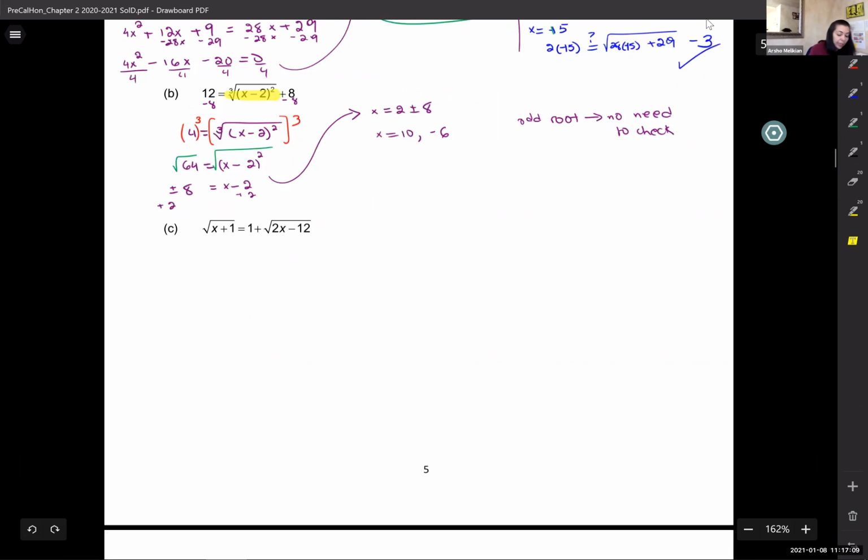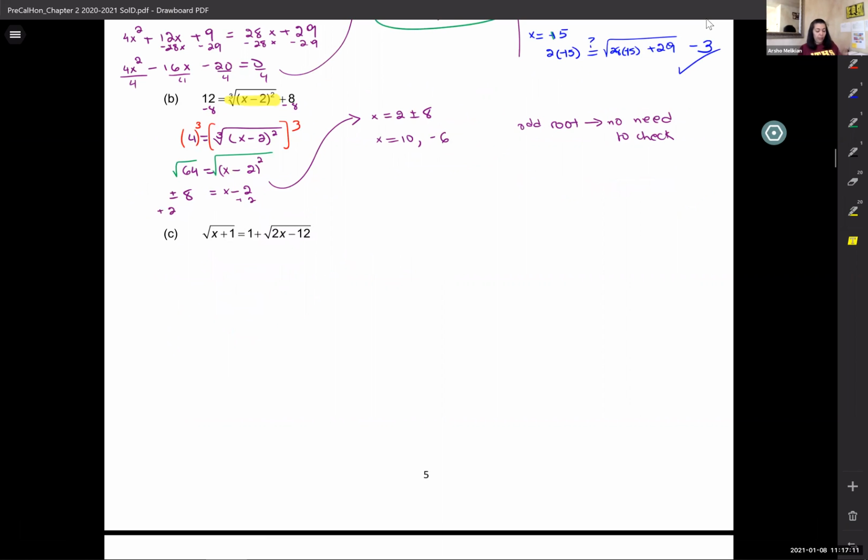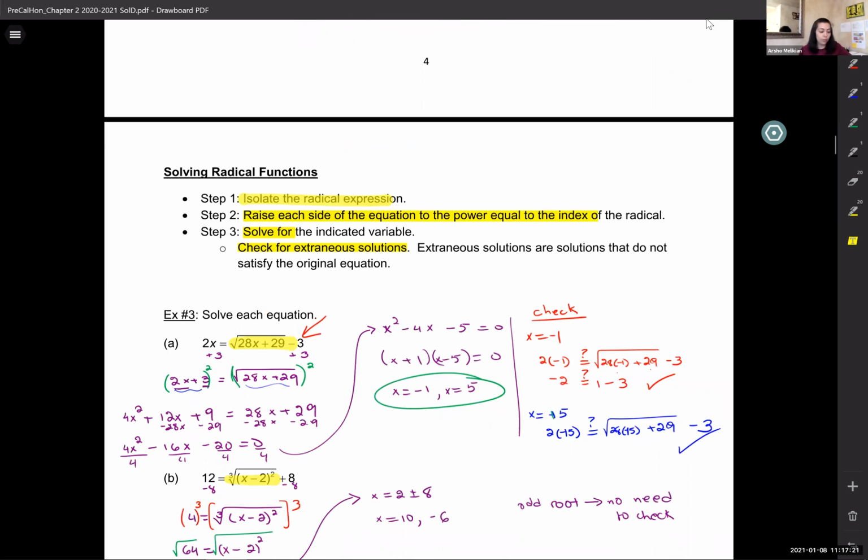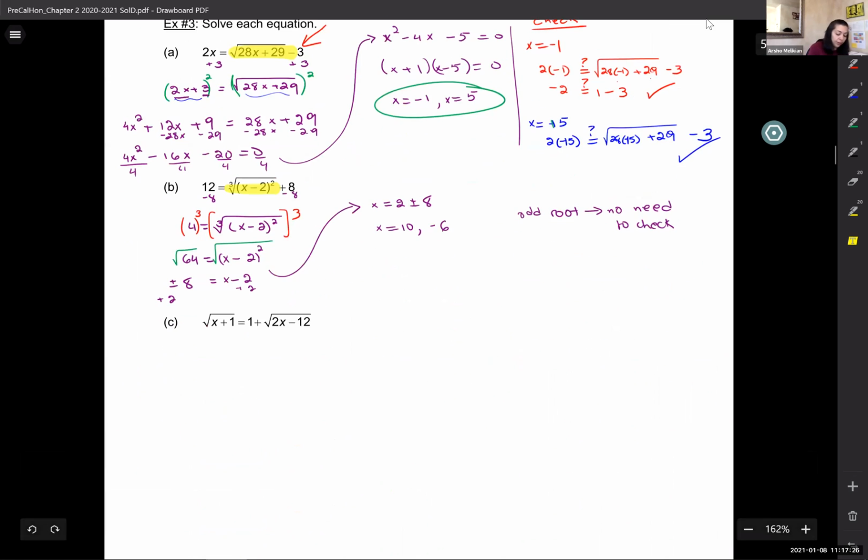Okay, last but not least, here we have an equation with 2 roots, okay? When you have this situation, you know how the first step was to isolate the radical expression? Well, there is no way to isolate because no matter where, that one is going to be with one of the radicals. What you want to do at least is make sure to only have